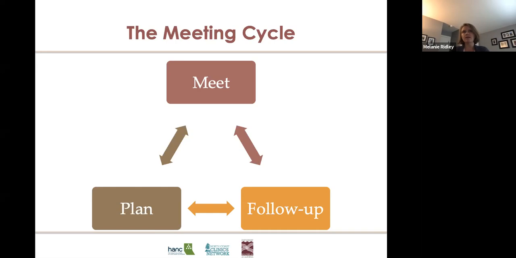So in the planning phase, we're outlining the meeting purpose and our outcomes for each meeting. We're establishing what the decision-making process looks like. We're creating those agendas that is so helpful to share in advance, and we're making sure that the right people are at the table so that we can make decisions, we can have the right input to what we're discussing.